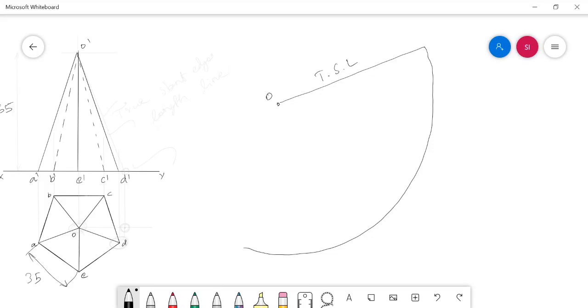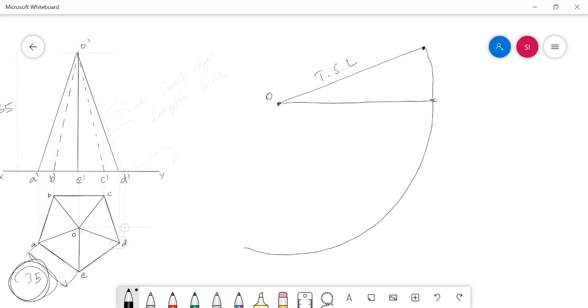From any terminal on this arc, load the base side of the solid in your compass, that is 35 mm. This 35 mm length can be cut as an arc on the curve here, and then you need to connect these two.